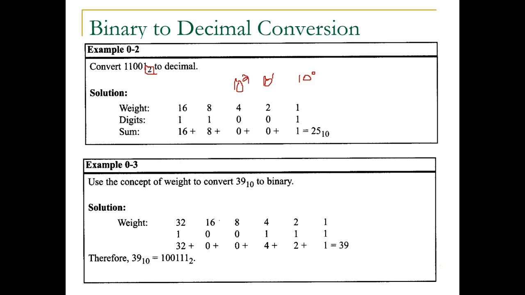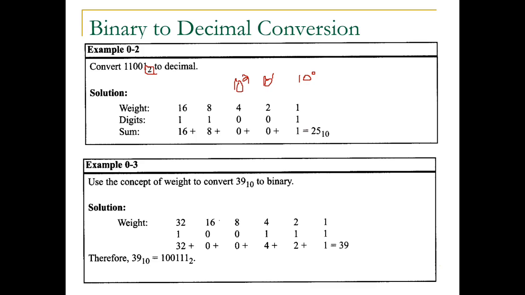In this case, it is similar for binary numbers. When we convert a binary number into a decimal number, we multiply each binary digit by its weight. The weight of the first digit, the least significant bit (in binary we call it a bit),